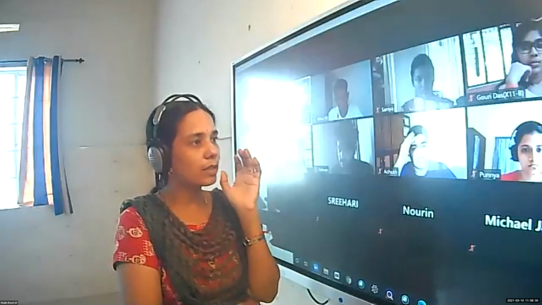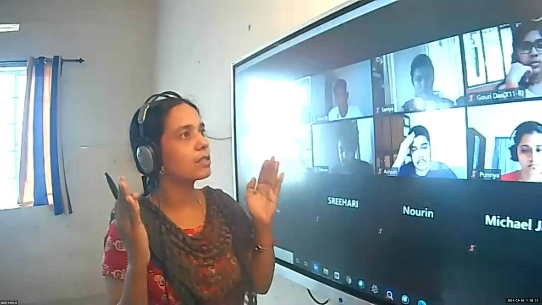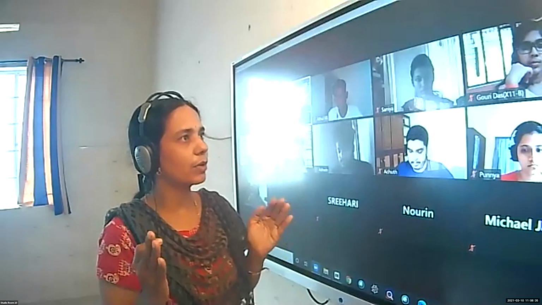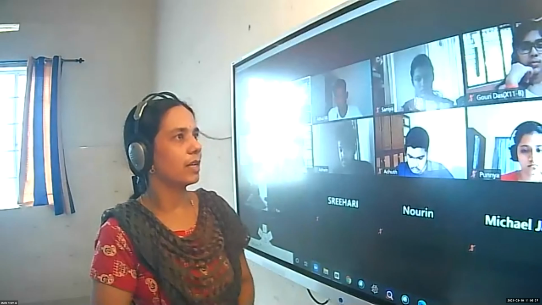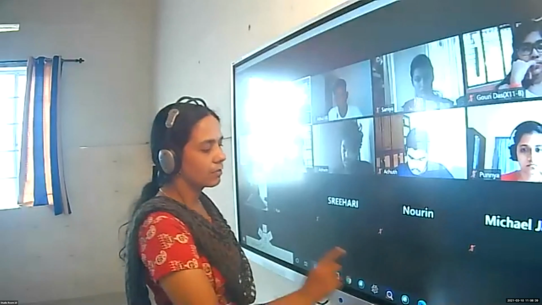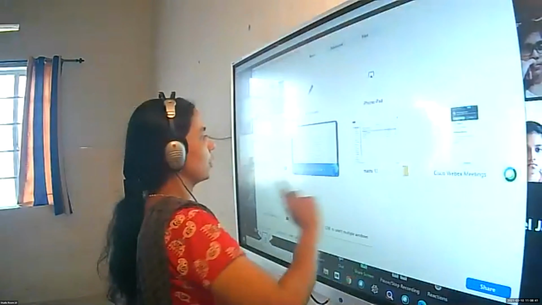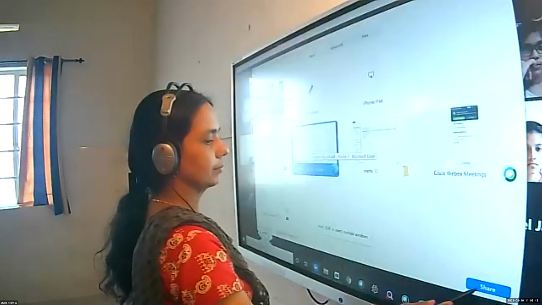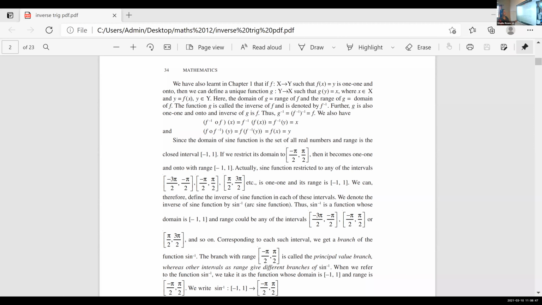We are not going to take the whole real interval R. Instead of that, we are going to split that interval. How we are going to split it, we can understand when we go through this. Look here. We know that if a function is one-one and onto only, we will get the inverse. Inverse of f is denoted by f inverse. Now listen, dear children, note this down.